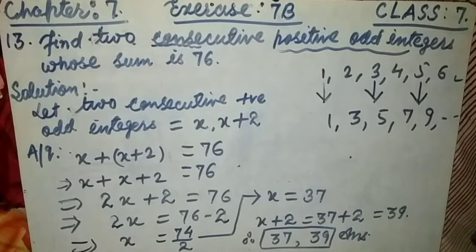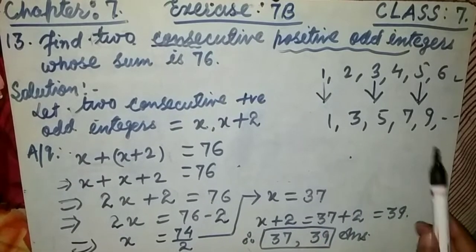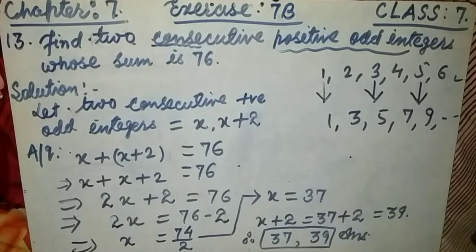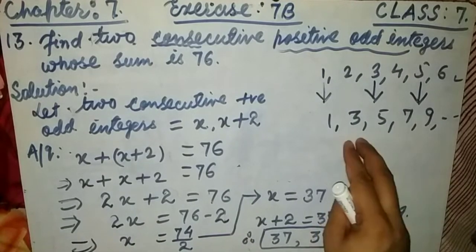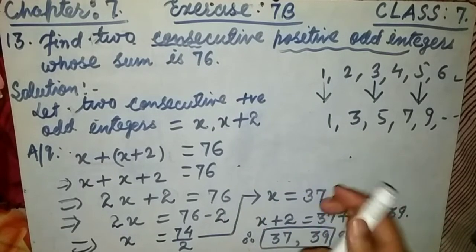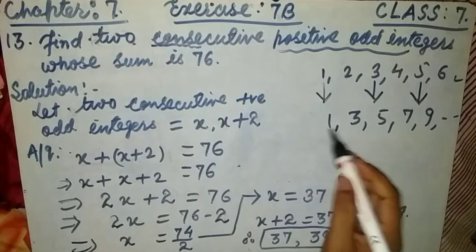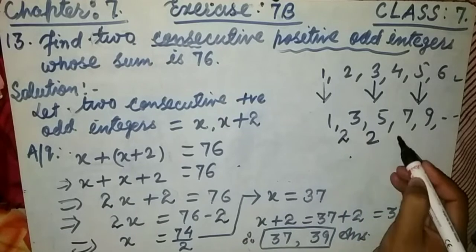Let me explain. Please look attentively, friends, because it's a very important question. You will face this type of questions much more. So if you once understand, there is no problem at all. Now odd integers. What is the relation between each and every two odd integers? Yes, the relation is there is a gap of 2. In between two odd integers, a gap of 2.